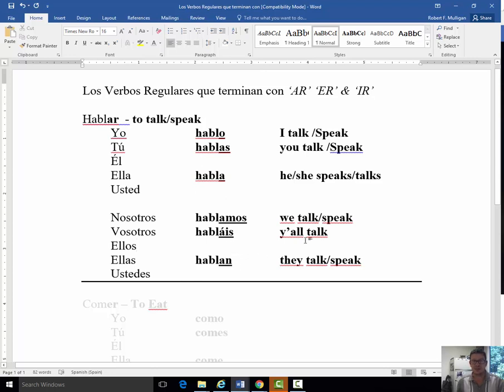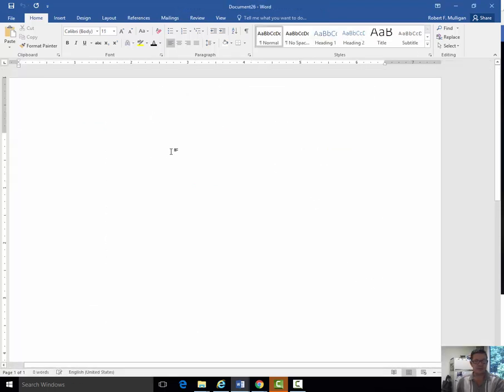So let's think about if we take another regular AR verb, and we know this formula, you know what we're doing, the system here. Can we go ahead and conjugate it? Let's see what we can do. Utilizing the sheet. And I'm going to pick a verb. And that verb is going to be, let's say, to dance. Bailar. And we're going to do the yo form. Yo, we take the AR off, replace it with O. Bailo.